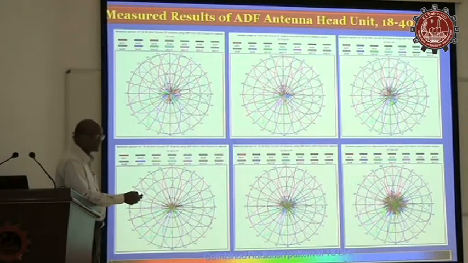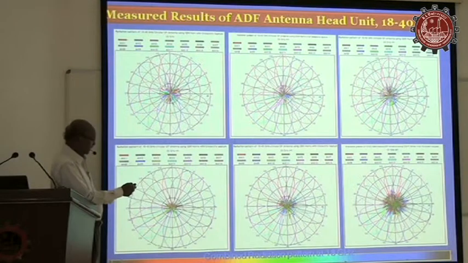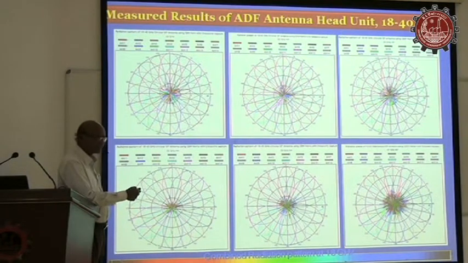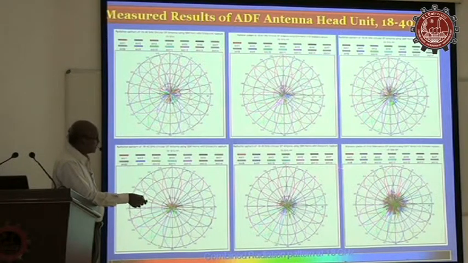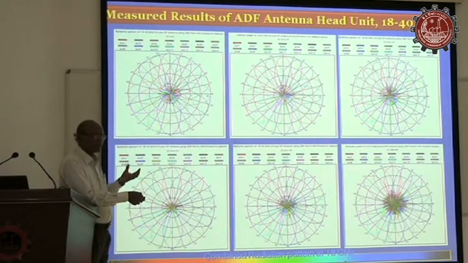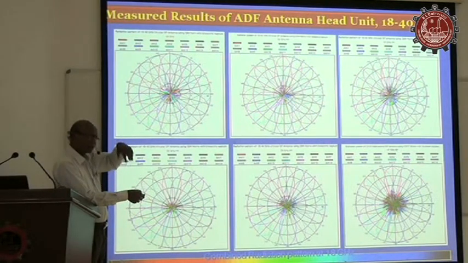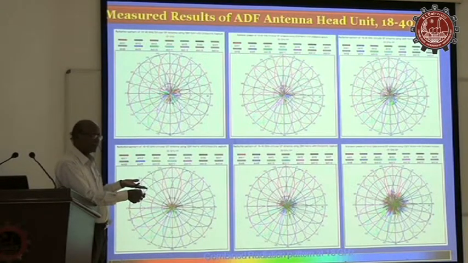You see, sir, this is the measured radiation patterns covering 8 to 40 gigahertz. These are the measured patterns, sir, not theoretical patterns. Such 16 antennas we made, configured into the array and measured in the anechoic chamber covering 8 to 40 gigahertz. The beam width is 22.5 degrees, with very low side lobes and a good roll off. If you use a conventional horn at high frequency, because of the beam narrowing, the roll off will be very fast and you will suffer in sensitivity. At low frequency, because of the broad beam, you will suffer in accuracy. So we are compensating and meeting both the accuracy as well as sensitivity requirements by this technique.